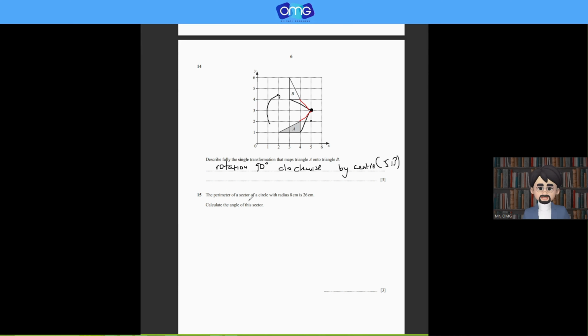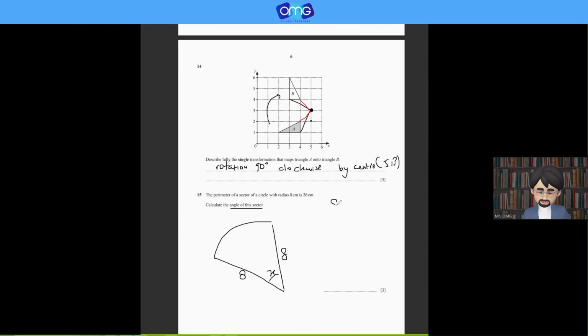The perimeter of a sector with radius 8 is 26. Let's draw a sector first. What is the angle of the sector? Let's say the angle of the sector is x, which is what we don't know. And the radius is 8, and the arc is about